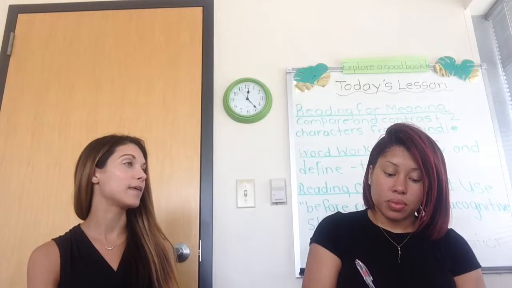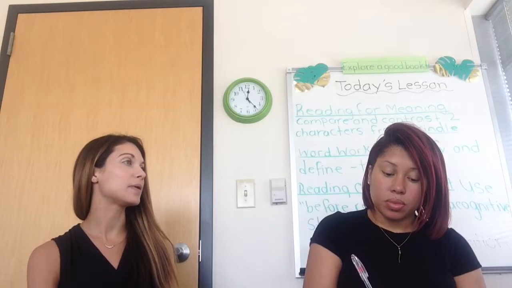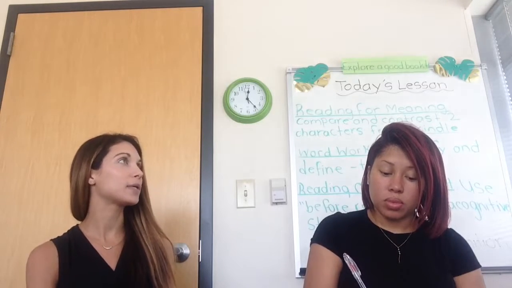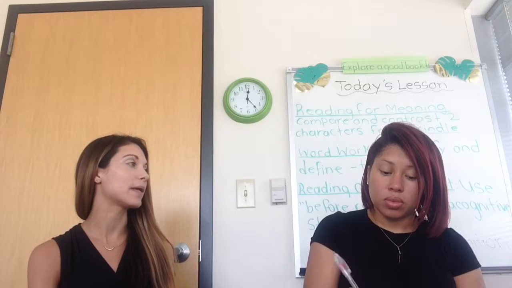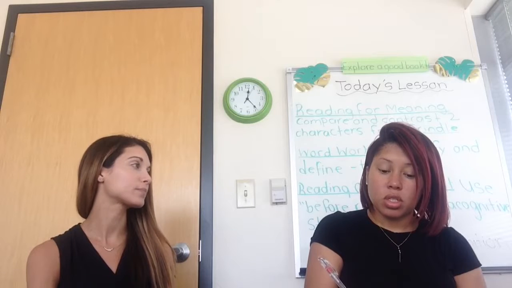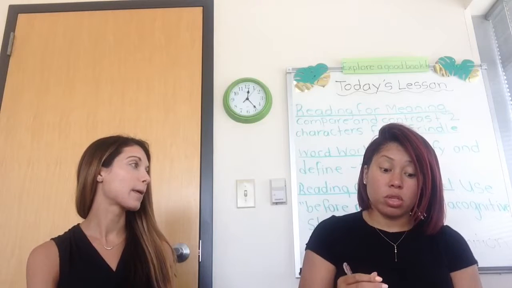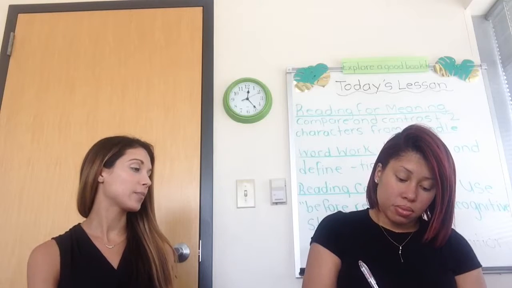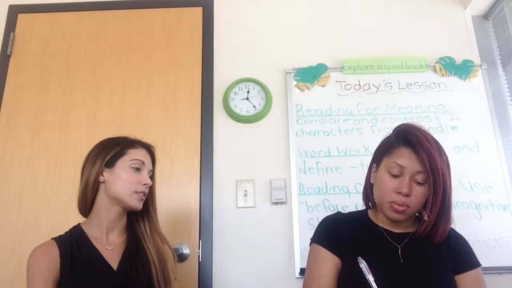I would like him to apply 2 different strategies and then at the end of the lesson be able to verbalize how he used those strategies and how they benefited his comprehension, since we're focusing on metacognition. You stated that you wanted him to review 2 different before reading strategies. What are those strategies? Making a prediction and asking questions.